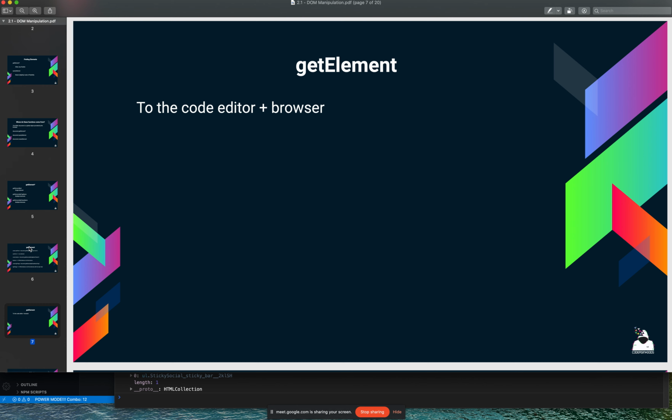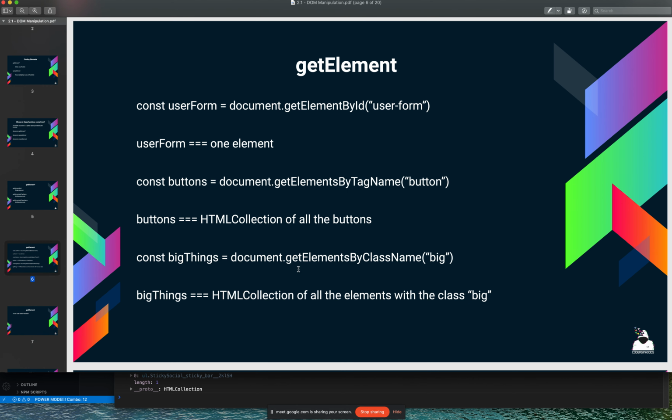And these are JavaScript functions. Yeah, so the document is this big object with some JavaScript methods, getElementsByTagName, etc., and that's what you would use to